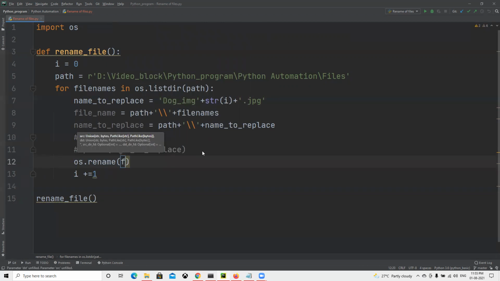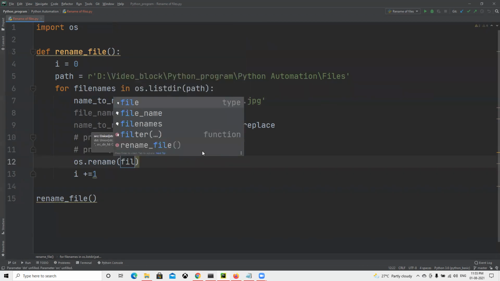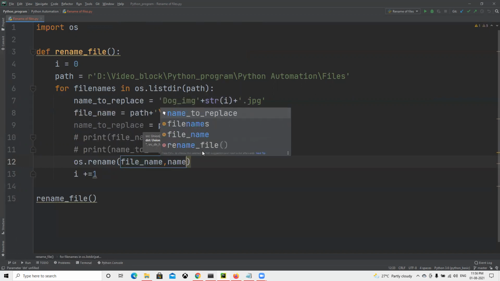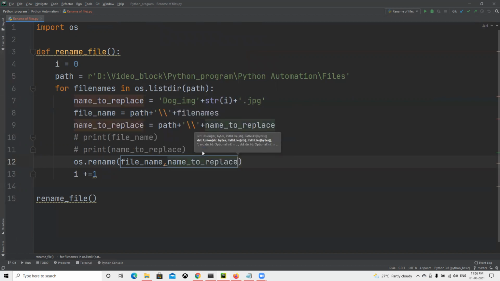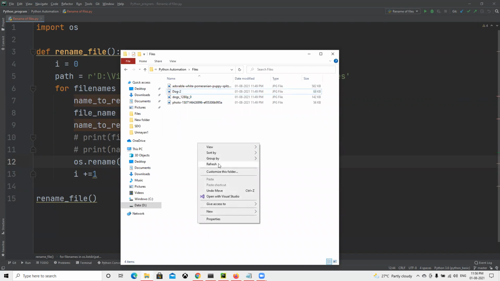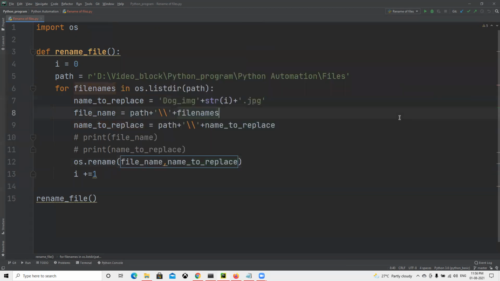Then what we need to pass here is the file name, first the old name, and then what we need to replace it with. So till now we can see it is still the same. There are four with random names. Now I will go ahead and run this one.